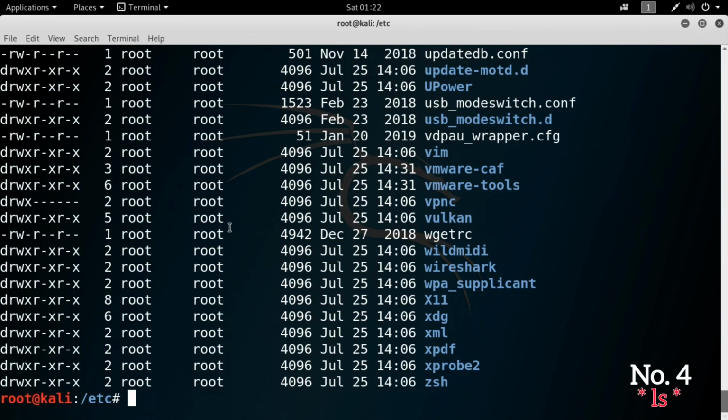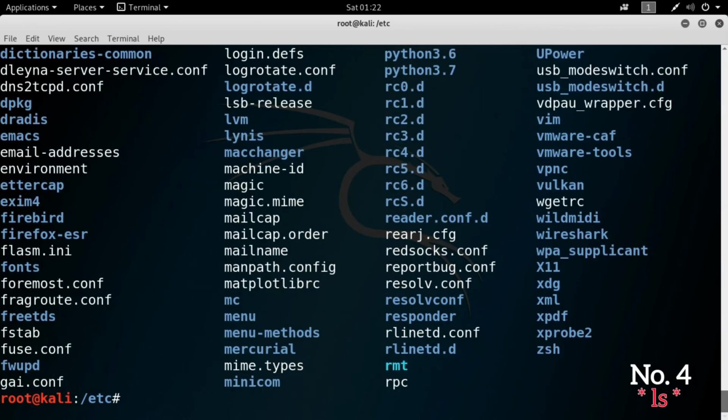Okay, so these are some of the commands. What if you want to write a command but you don't know how to add to it? Let's say you know the ls command, you don't know if there is another option that you can attach to the ls to give you more information about these directories and subdirectories. You can type ls dash dash